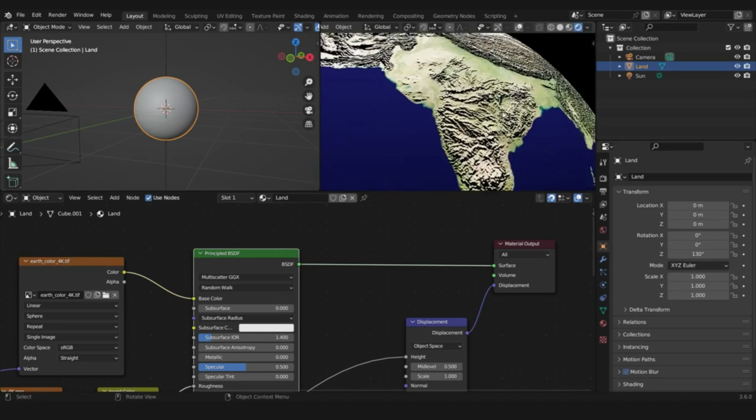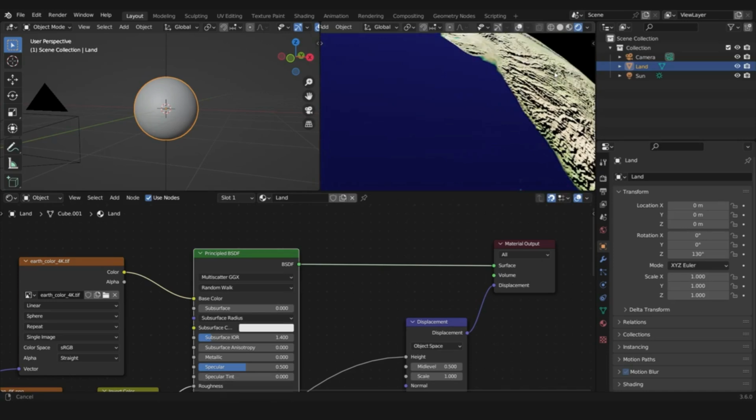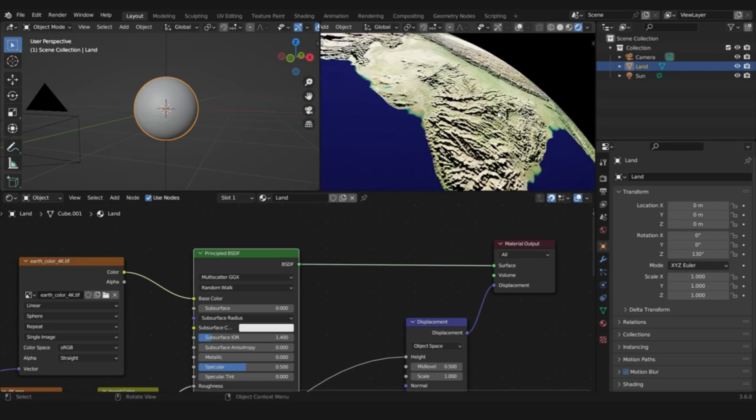But for whatever reason, these bumps are not real. It still looks flat because by default, Blender will not displace the geometry. By default, it will fake that. So we need to tell Blender that, hey, Blender, we want you to actually do some real displacement to change